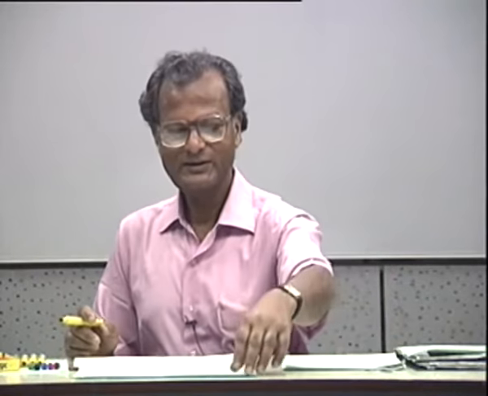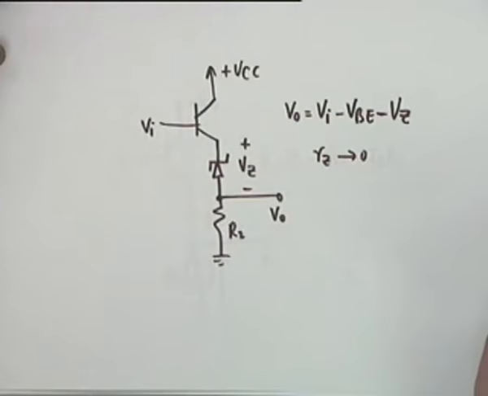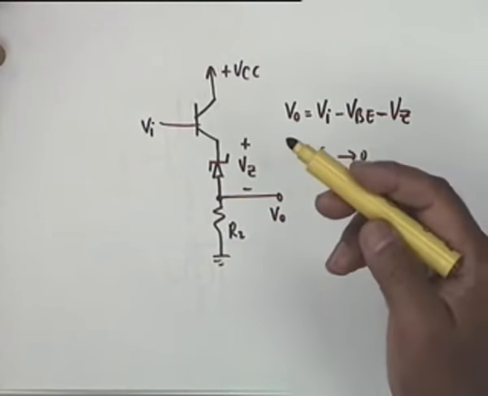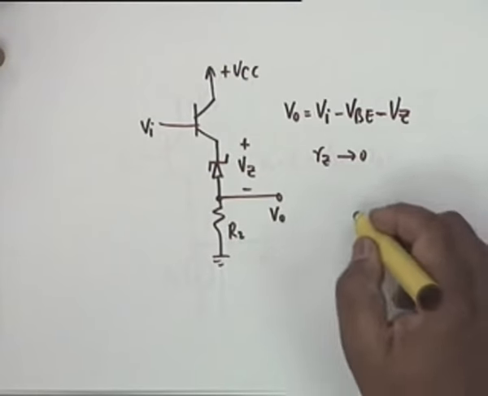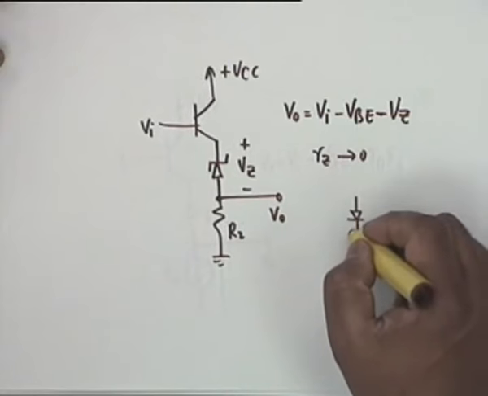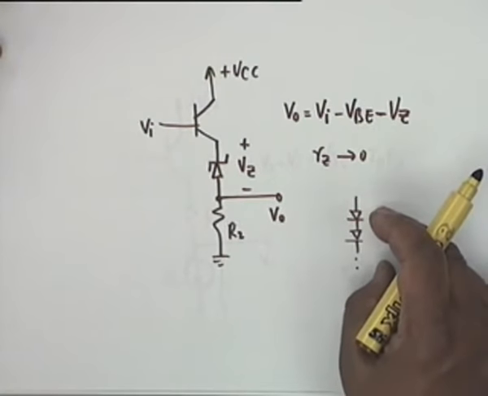The one that is most sophisticated of this, well, one can also argue here. Let's go back a couple of slides. Instead of a reverse biased PN junction, that is a Zener, one could also use a number of forward bias diodes. For example, instead of the Zener, you could use this to make up for the voltage. You could also use that. This has also been used in some of the chips, particularly a Motorola chip in which several forward bias diodes have been used. Why forward bias? Why not a Zener?